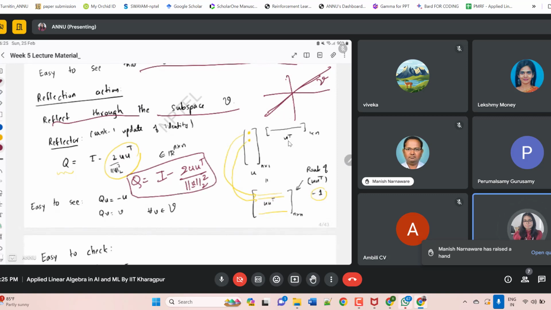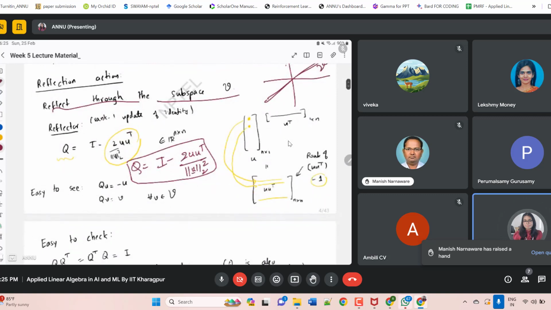If you see this UU transpose, suppose this is A and this is some B. If you multiply this U matrix with this one, each row is a multiple of the other row. So you have linearly dependent rows, because all are multiples of it. So this rank is 1; only one independent row. So this is 1 and this is also 1, because rank should be subtracted with the equal rank. So this particular matrix has rank equal to 1.